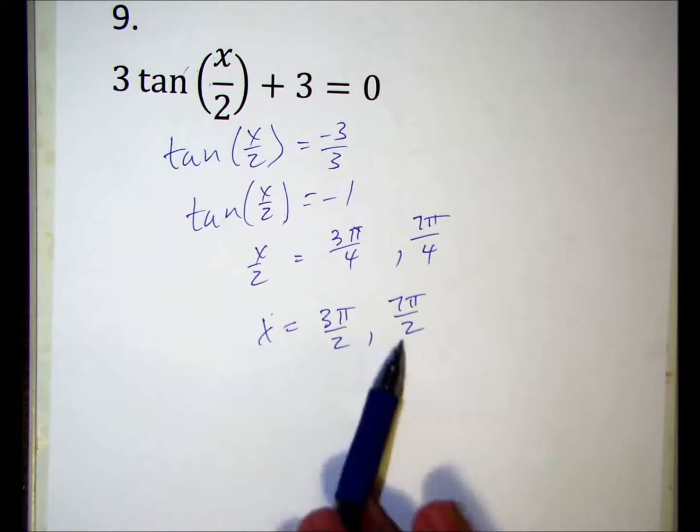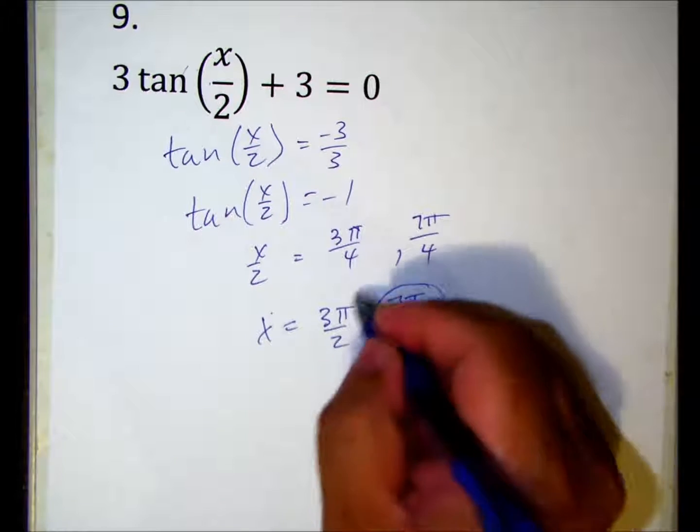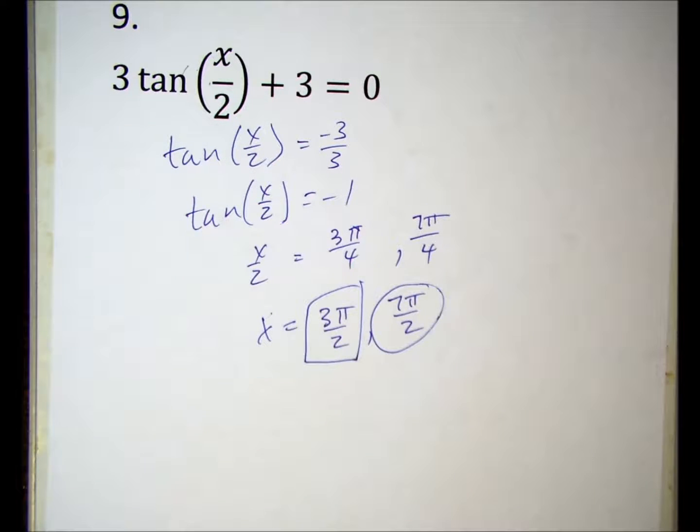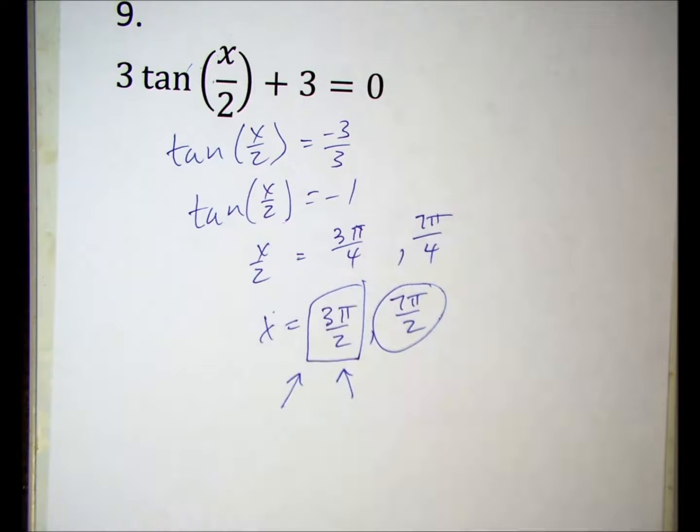Is that too much? That's too much. 4 pi over 2 is 2 pi, so this one's out of range. So we have only one answer. It's 3 pi over 2. Answer. Number 9, that was only a minute, so we're going to put number